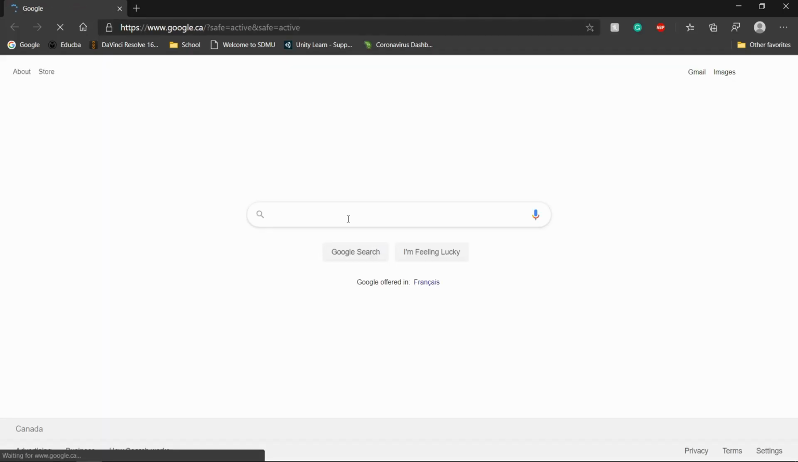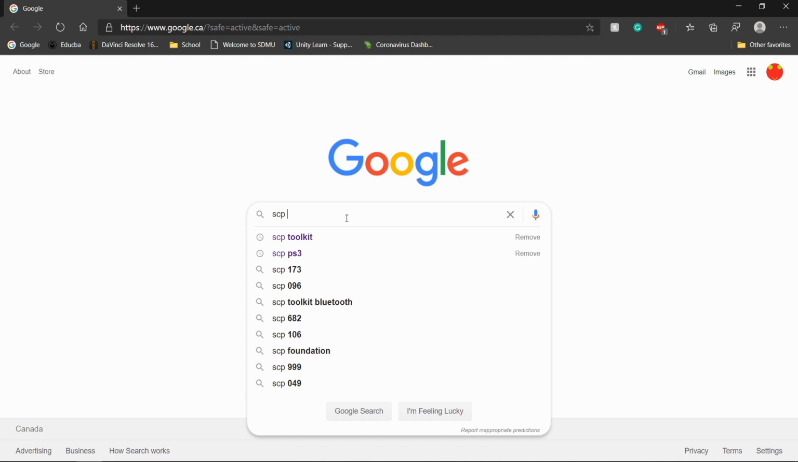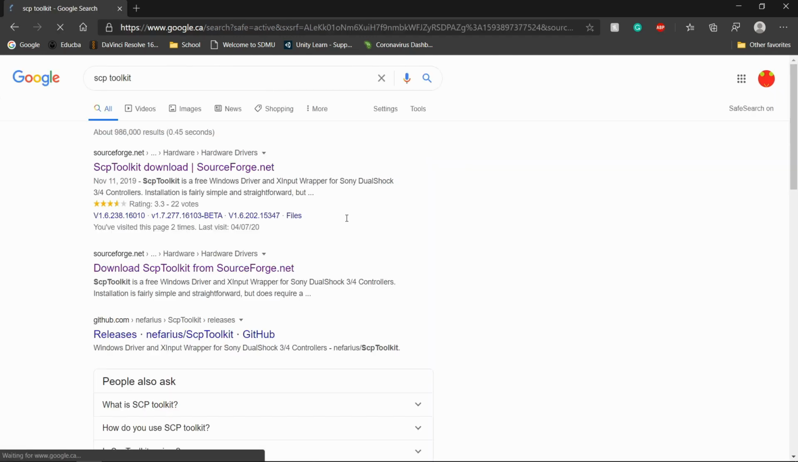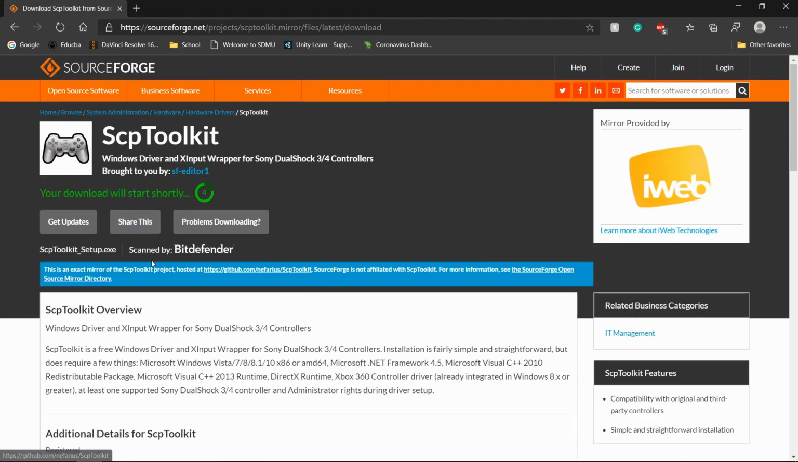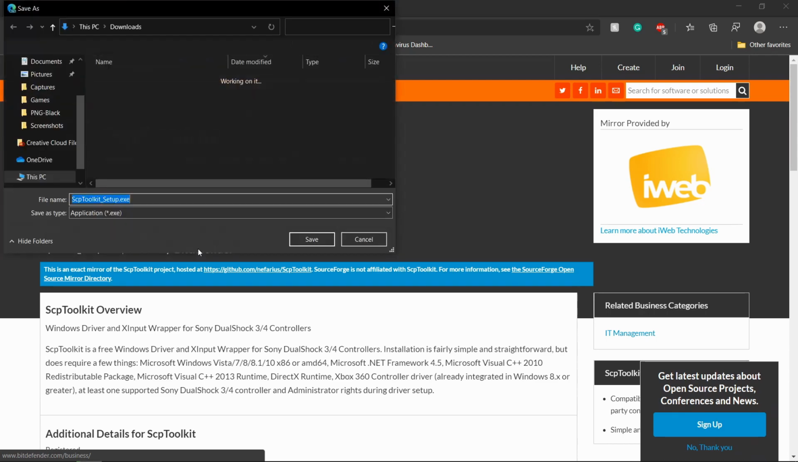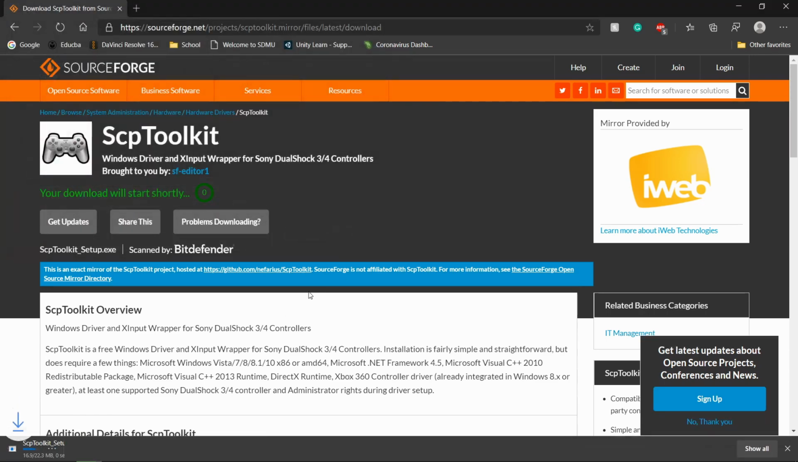on your Windows PC. Then you want to go into Google and type SCP Toolkit, and I already have it here, and then you want to click the first one that comes up, sourceforge.net, and then you should see a download button here. Click the download button, and then you just have to give it 5 seconds to come up, and then it should start downloading. And I'm just gonna click save, and then you just want to left click over here, and